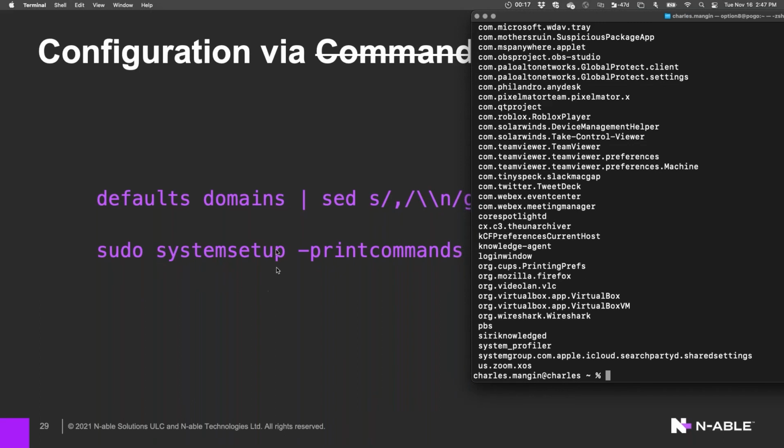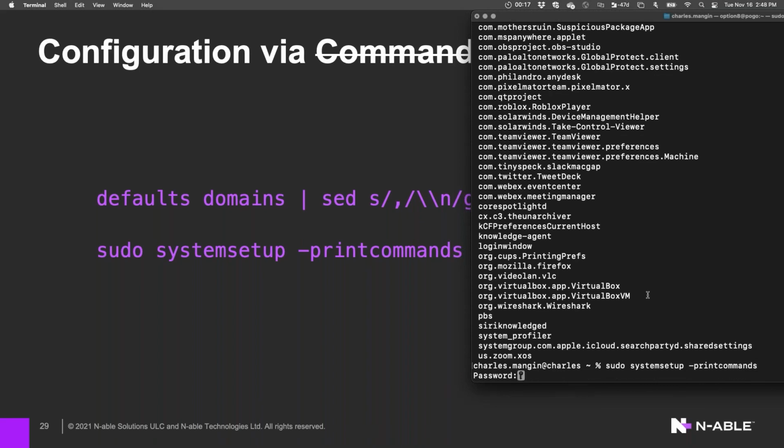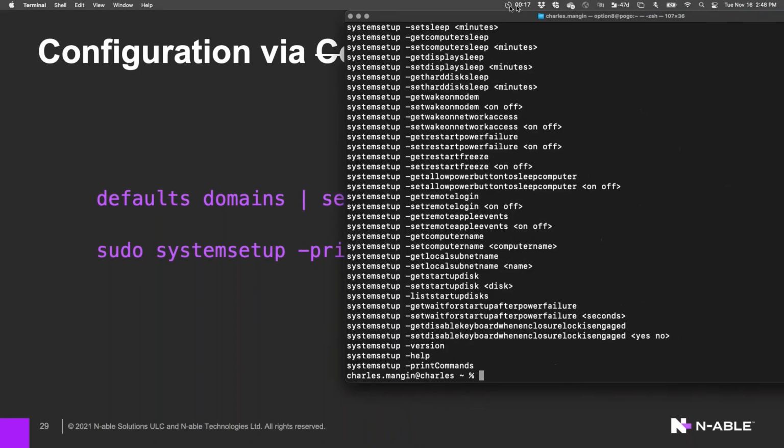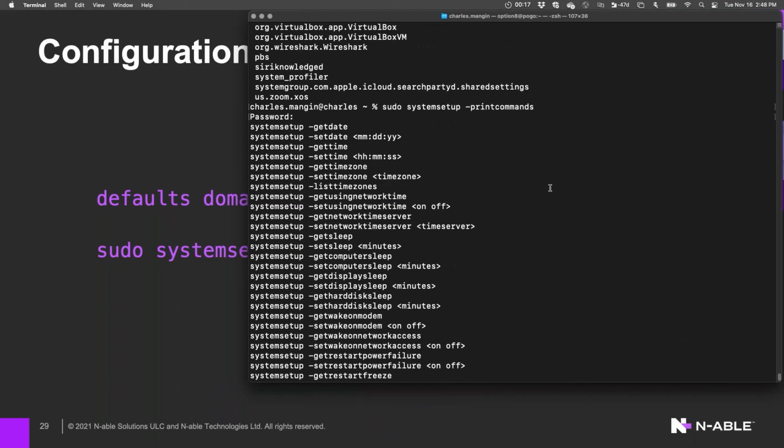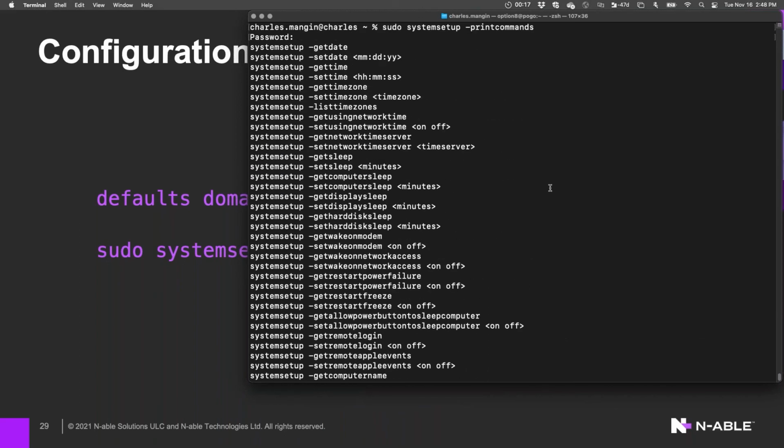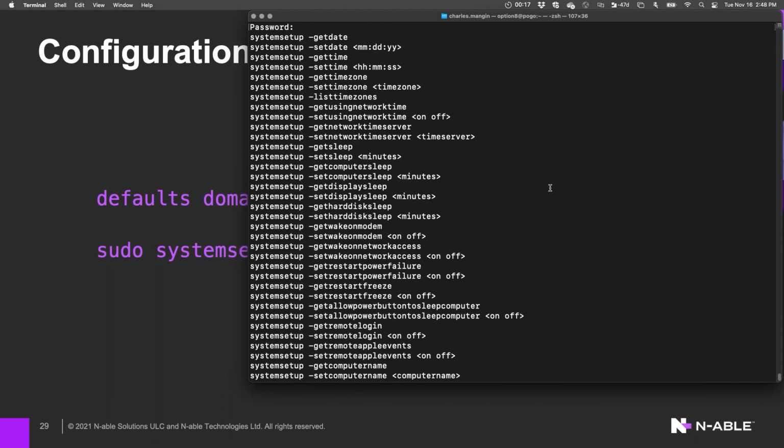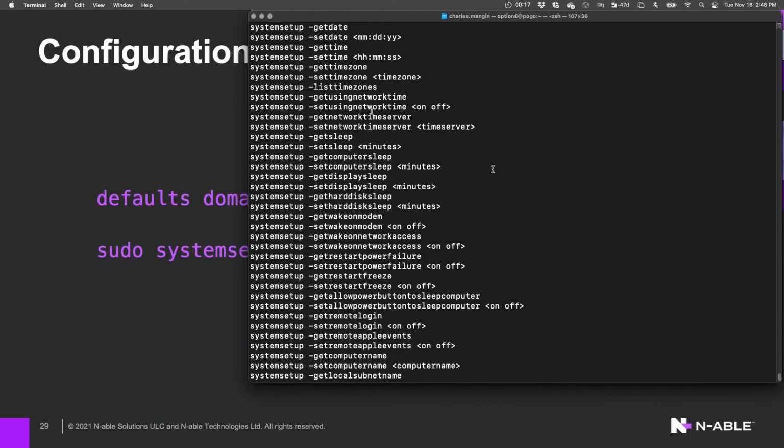The other thing that comes in handy, especially for onboarding when you're doing that initial setup, is systemsetup. So you're setting up the system. Apple can be creative about their naming sometimes, but not always. And this needs to be run as an admin, which if you're sending your scripts over via N-central, you can check that box to run as admin instead of run as the logged in user.